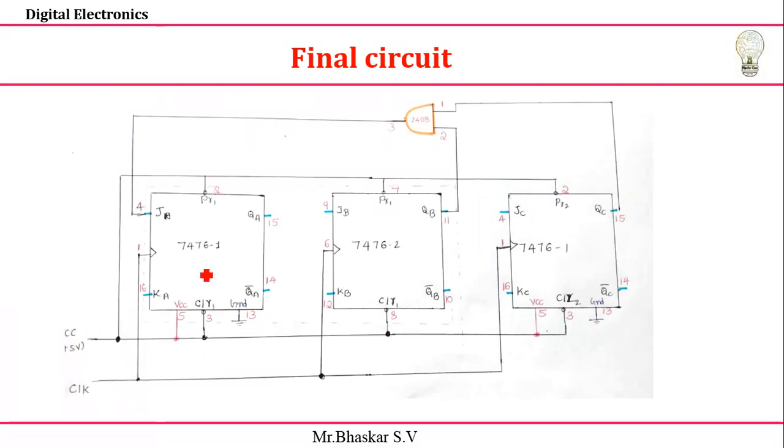Next, what I'm trying to tell here is, first my JA is nothing but QB and QC. That's why I'm going to use one AND gate. The IC name is 7408. Pin numbers 1 and 2 you need to connect, and 3 we are going to connect to the JA. Similarly, whatever pin numbers I explained, you can give the same, and the same pins will come for your third flip flop.